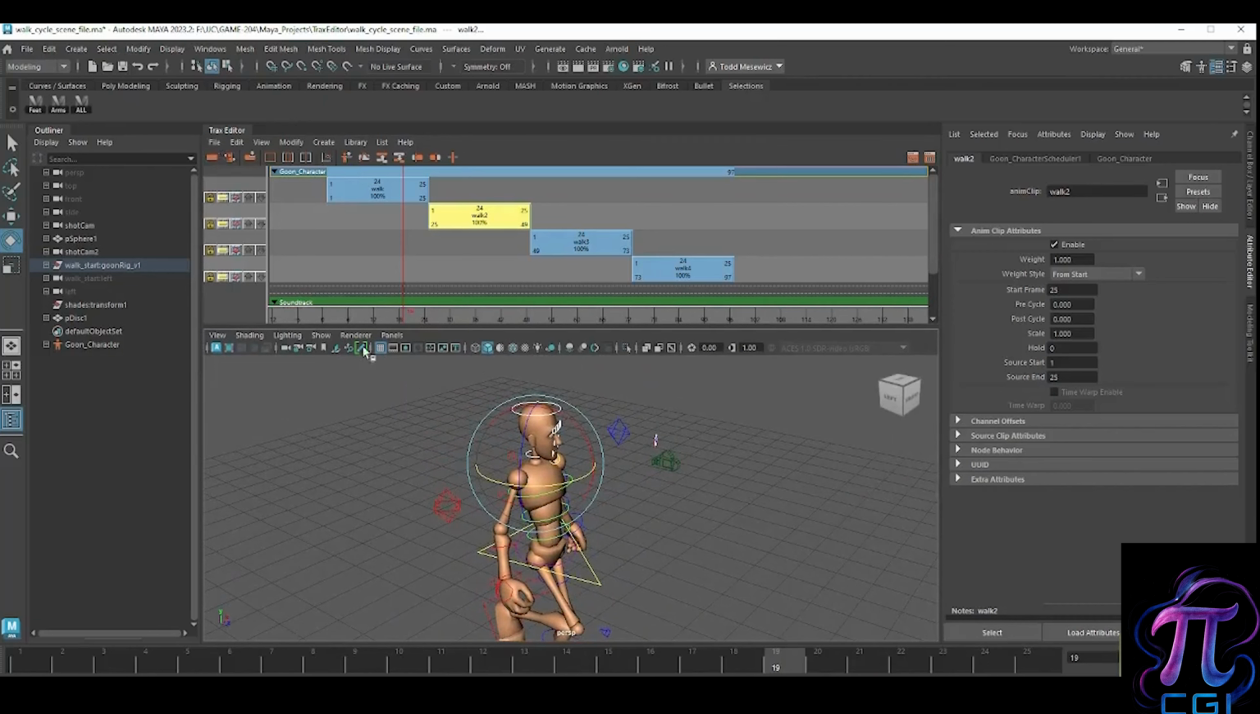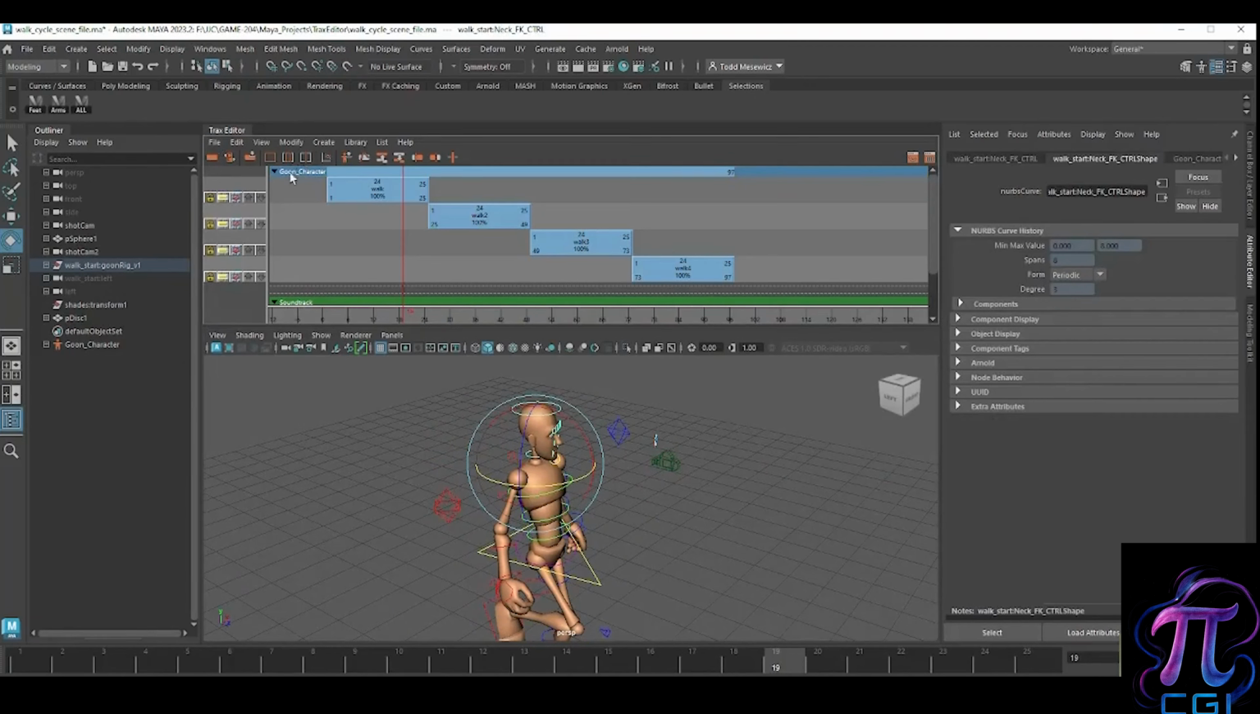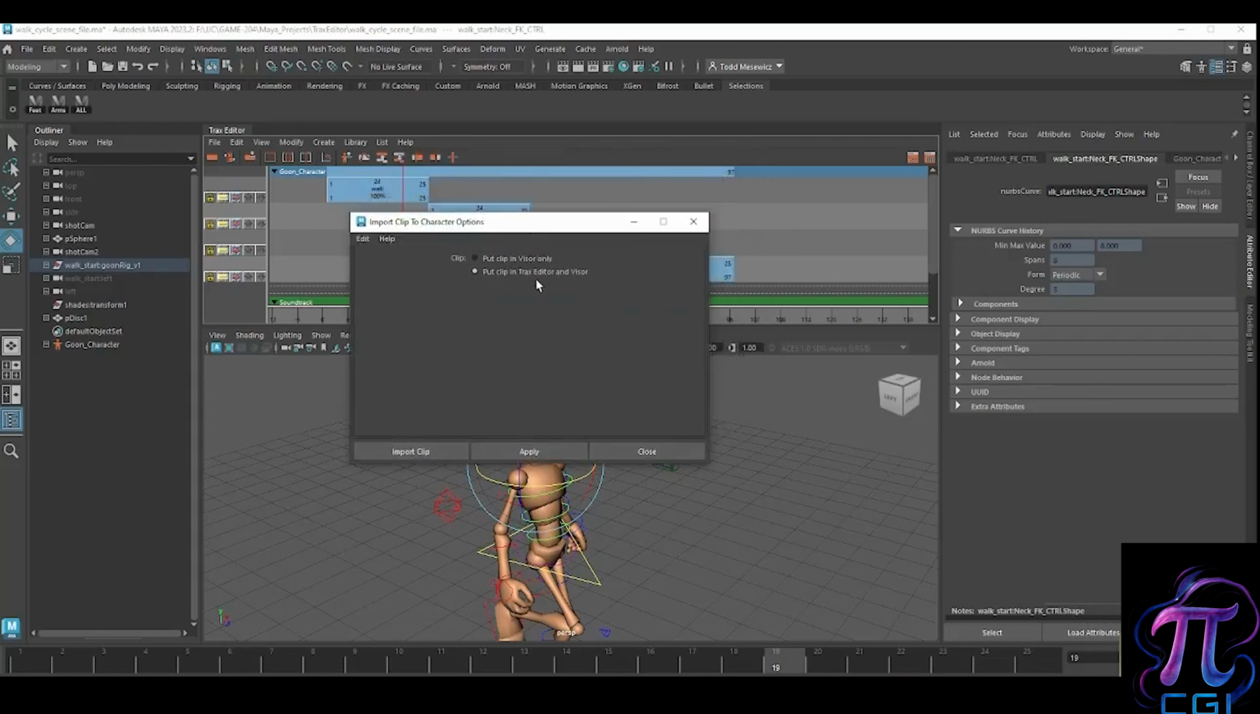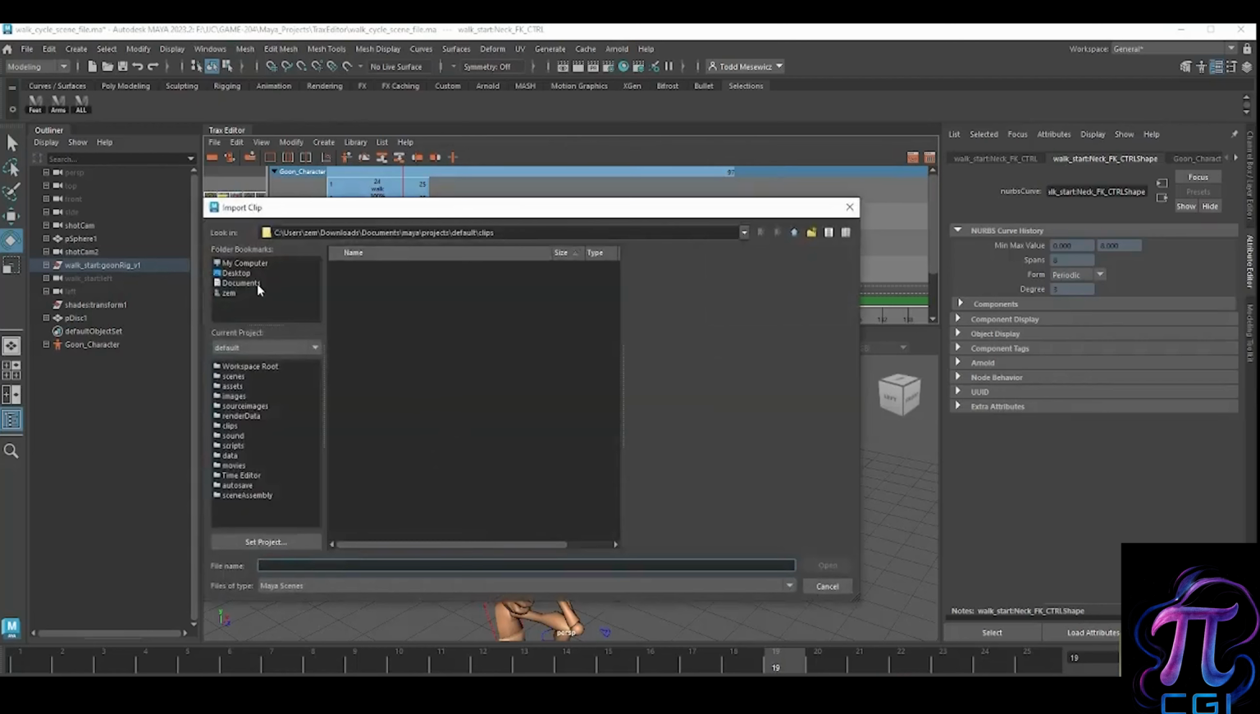So in order to do that, what we're going to do is select this Trax Editor and make sure the Goon character is selected in the timeline, and go to File, Import Animation Clip to a Character, and I'm going to go Options, and the options are to put the clip in the Trax Editor and the visor. So we're going to import clip,